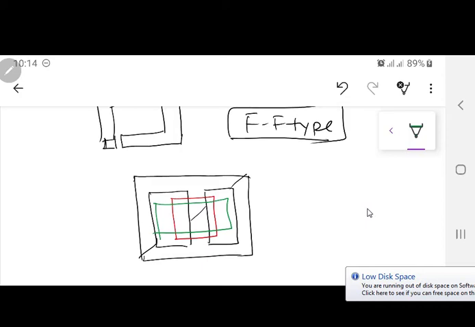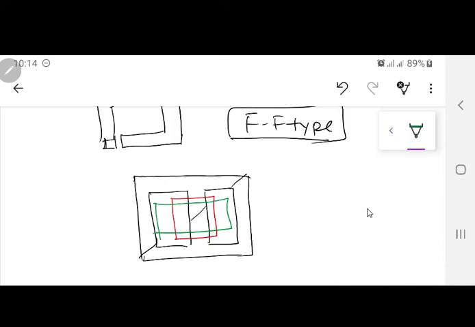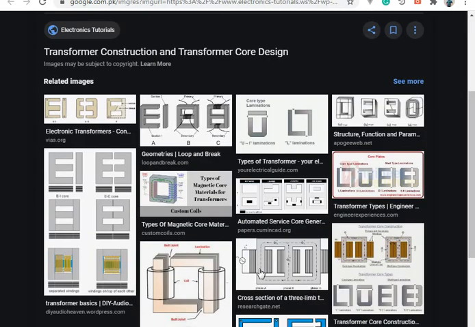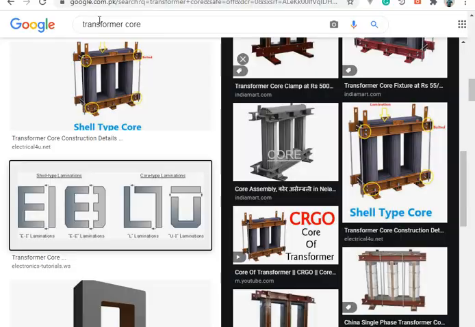It will not be that the lamination stack has come to you and you first take the wire of the low voltage winding and pass it through, then pass another one. It's very tedious work. So the laminations are cut in either shape of EI, UI, LF or whatever shape over there. But this is only for the small transformer I am talking about. But when you are going towards a big transformer, let me show that picture also. This is very important.